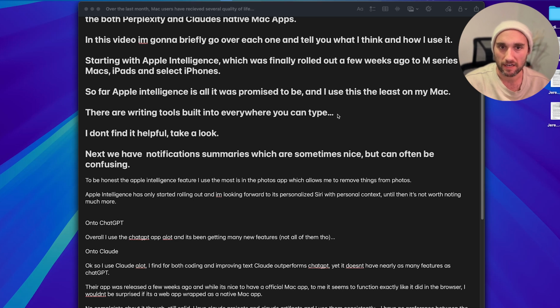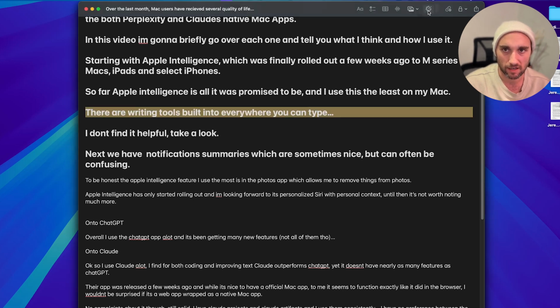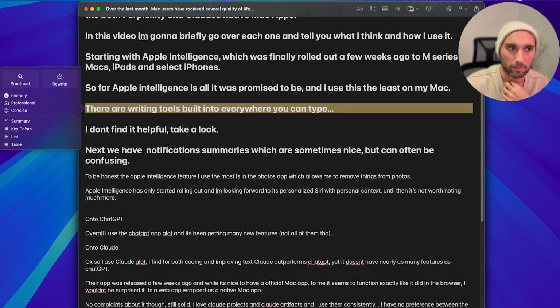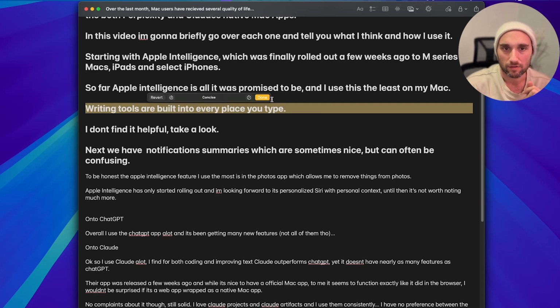Let's briefly just look at it really quickly and we'll look at the script I'm reading right now. There are writing tools built into everywhere you type. So I can just select this line, press this button, and we have all the writing tools. I can proofread, rewrite, change to friendly, professional, concise. I prefer being able to tell ChatGPT exactly what I want, and that's just not the case here. You just kind of have to go with what Apple gives you. I don't find it that useful when it comes to writing emails or even notes, but maybe it'll get better